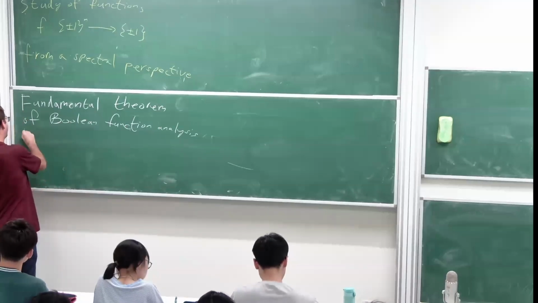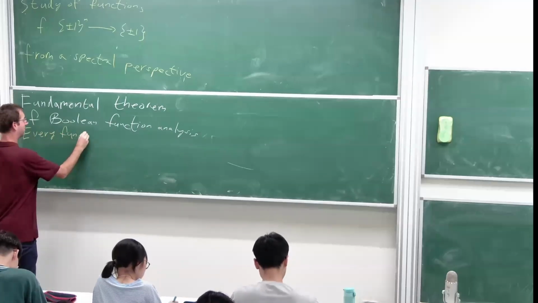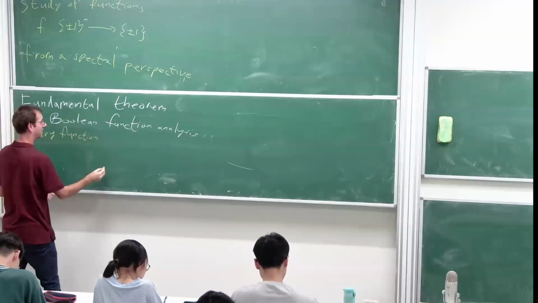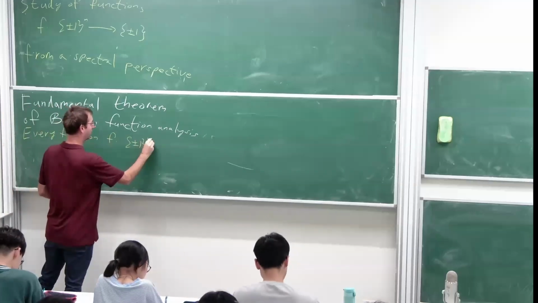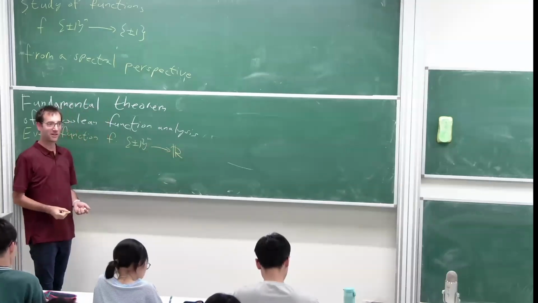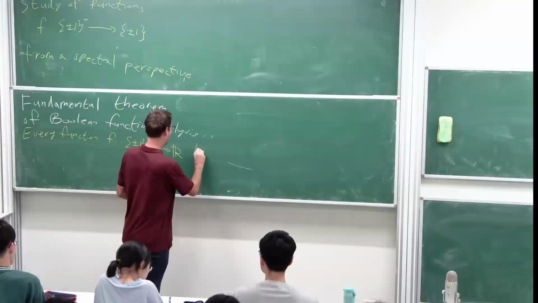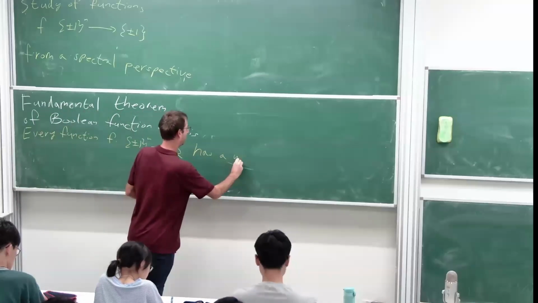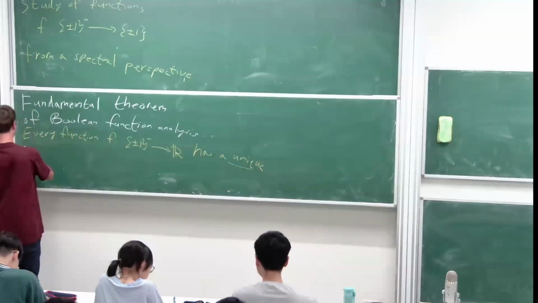So every function f from the Boolean cube plus minus 1 to the n to the reals, or if you want, you can work with the complex numbers, but I don't like them, so we do real values, has a unique representation